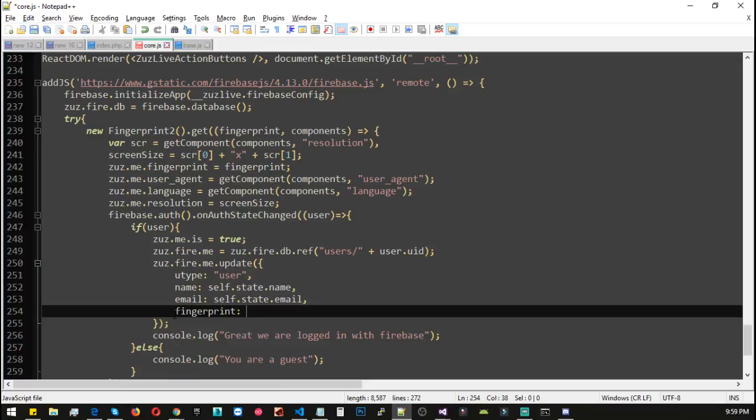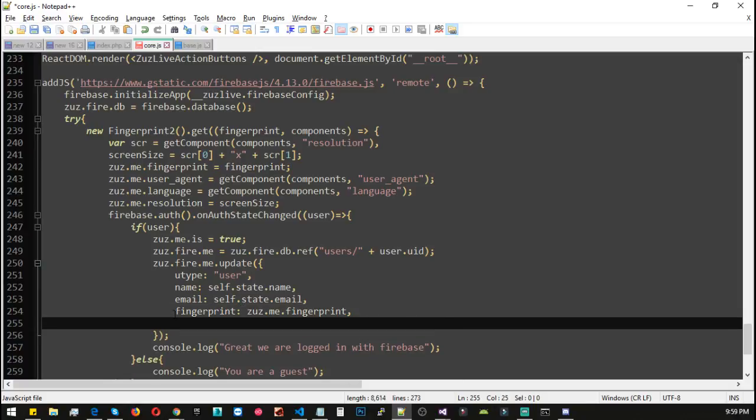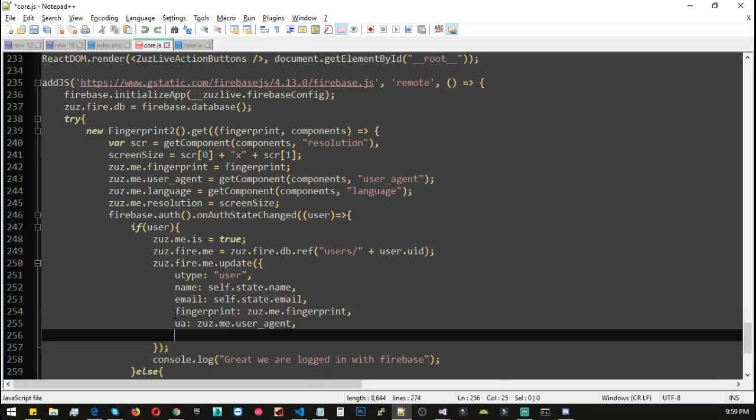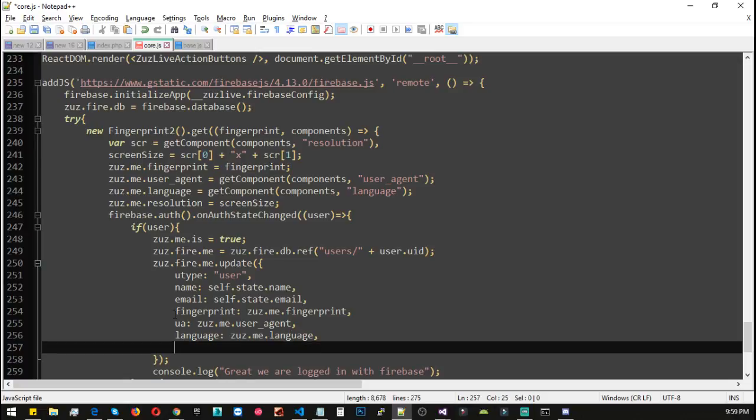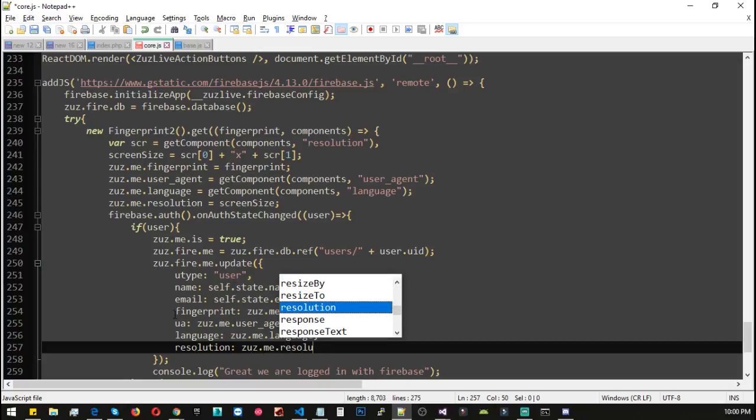fingerprint, and the fingerprint should be those.me.fingerprint, and we need to add one more thing, and that is user_agent, and I guess we should use UA, that is user.me.user_agent. We need to add a language, that is me.language, and we need to add a resolution, that is me.resolution,